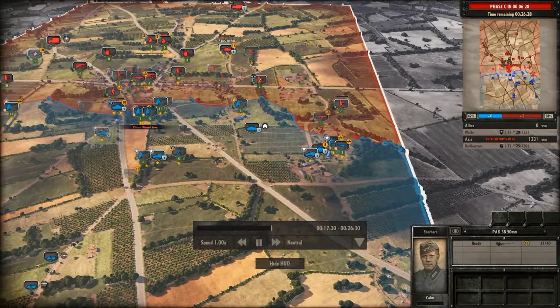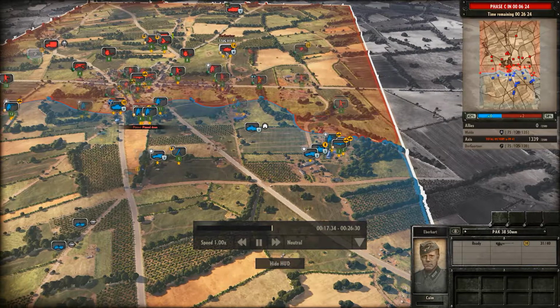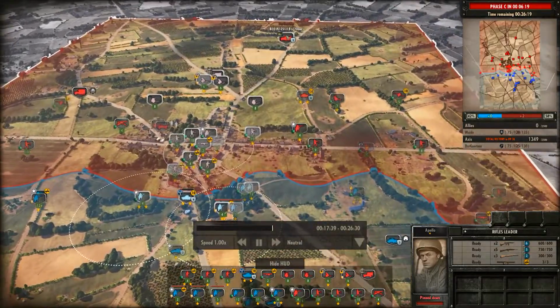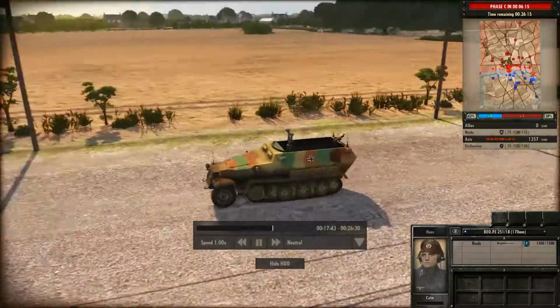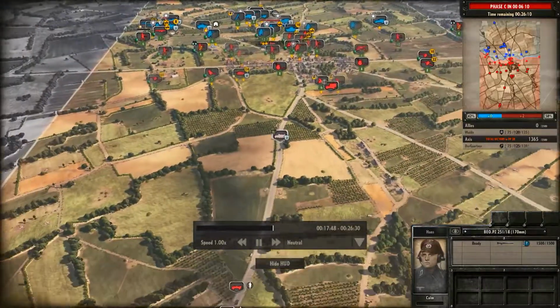That being said, now we have an issue. Remember how I said that off-map artillery would be the thing that would help break up mid? Well, apparently that's true, but the Axis were the ones who listened. Hello? Off-map. There he is. There's the guy inside. So...